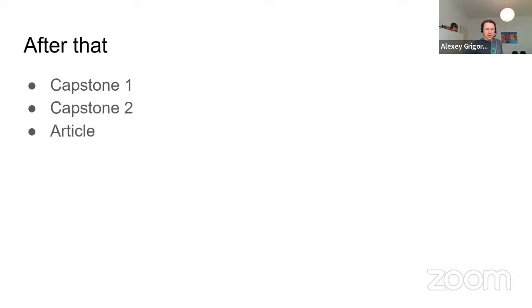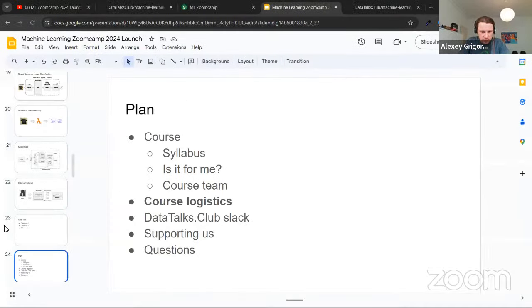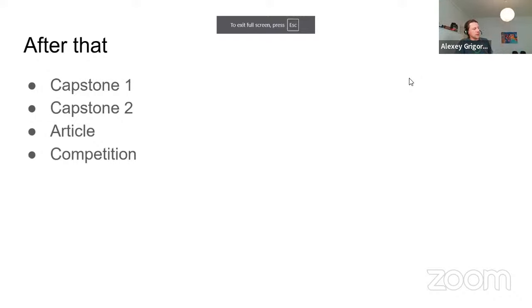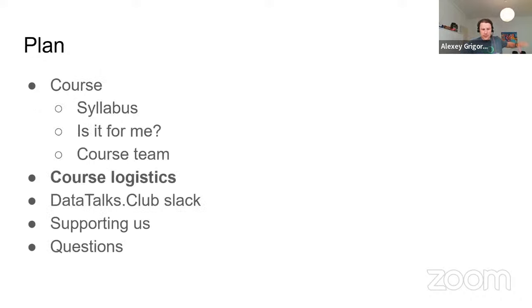We will also have a competition. I did not mention it here, so maybe let me add it. In the last two iterations we had deep learning competitions about image classification. This year it will be a different one. This year we will work with time series. This is something we do not cover in the course, but we invite you to explore this topic yourself and build a model for, I think, demand forecasting. So it will be a time series model. Okay, so this is roughly the course and what you will learn in the course.